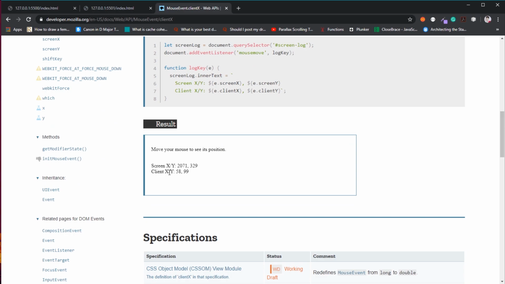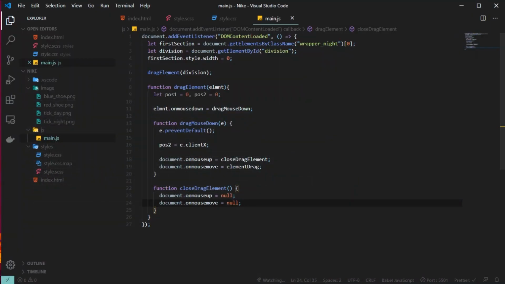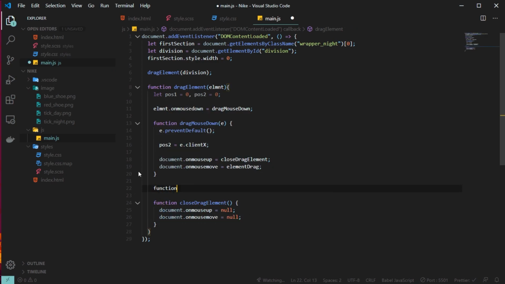If this is the container, we should have clientX and clientY 0 somewhere at the top of this div, and then we have the maximum clientX and clientY at the bottom right. screenX and screenY give us the coordinates relative to the screen, but clientX and clientY give us the coordinates relative to the container inside which we are trying to access it. So in our case it is the section that we have on our landing page.